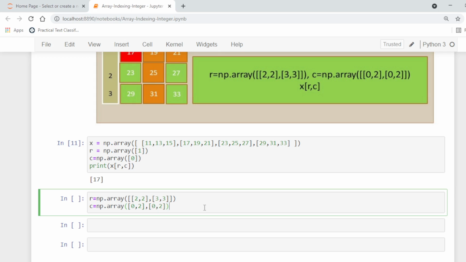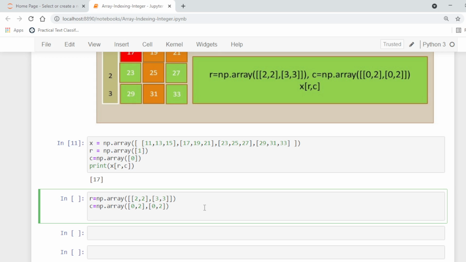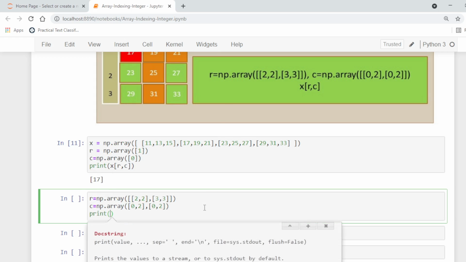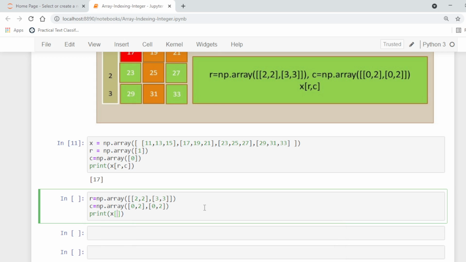So we are extracting values stored at these indices. Let's say print X, our array, with R and C.